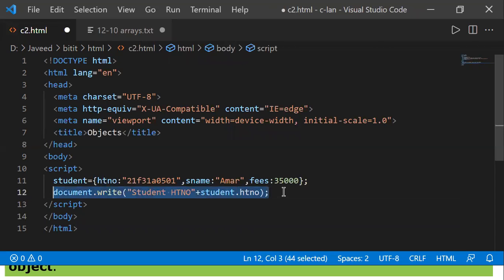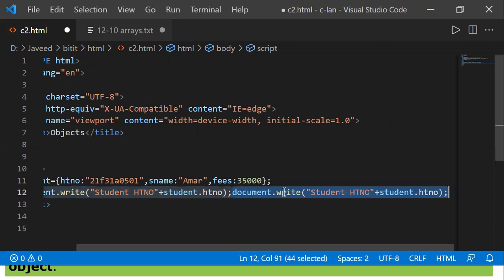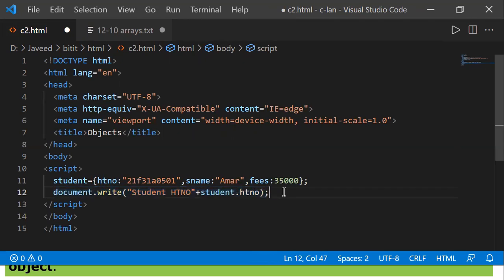So let me use one more property. Now one is hall ticket number. Then I want to print the student name. I'm using the BR tag there so that it moves to the next line for me. Student.name.